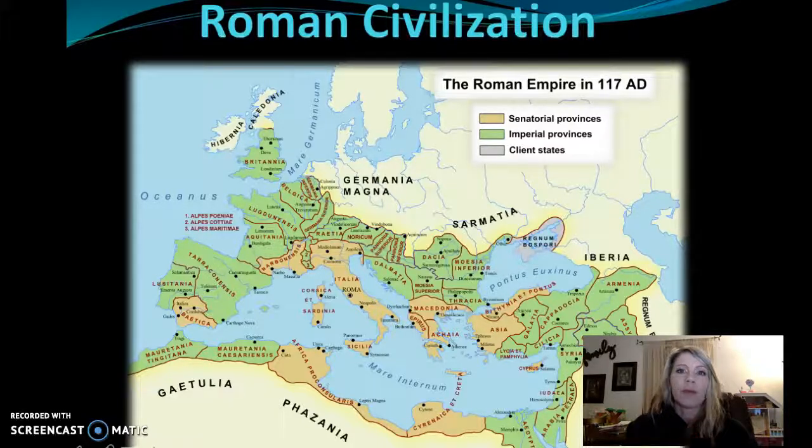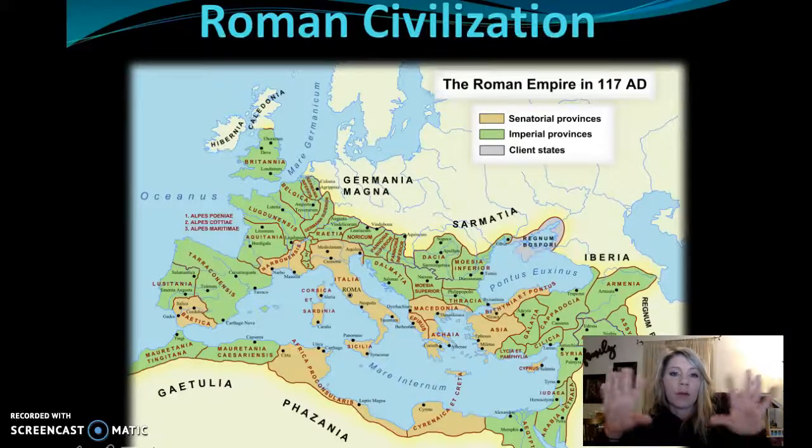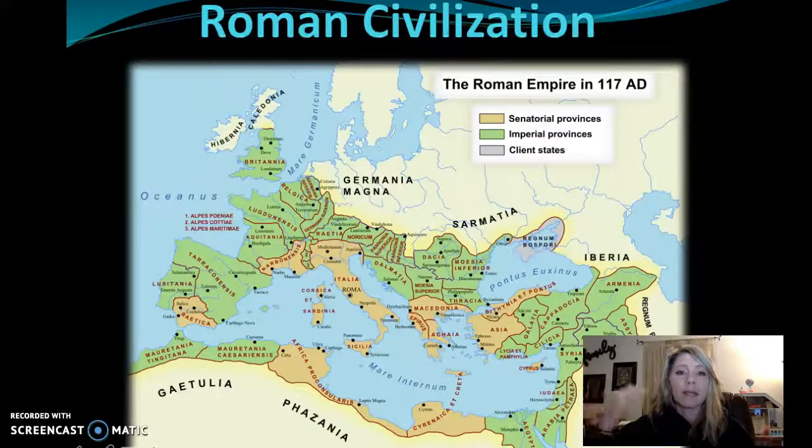Before winter break, we looked over the first few slides. We were looking at the size of Rome. On this map, what we can see in the orange and the green is everywhere that Rome spread to. We're going to notice that Rome is about 2 times the size of Greece. So we have to figure out, how did Rome, which was very tiny, being the capital of Italy today, get so big? What did they do? What worked? What eventually didn't work? That's what we're going to talk about in these, hopefully, 7 videos on Roman civilization.